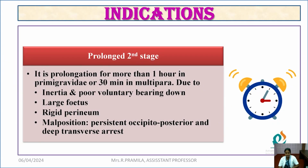And indications. The first indication is prolonged second stage of labor. So what is the second stage of labor? It begins with full cervical dilatation and ends with delivery of the child. The duration for this is, for multi, 2 hours, and for primi